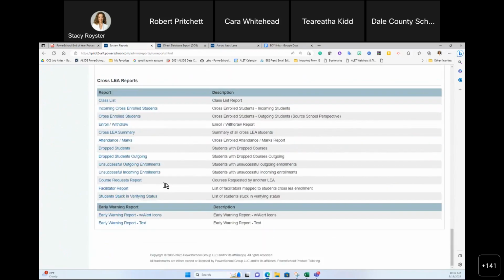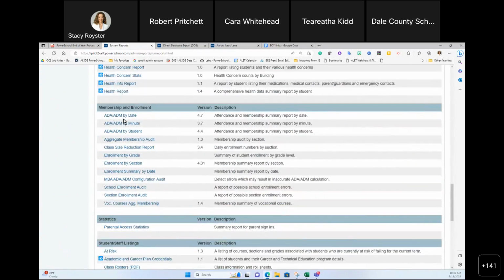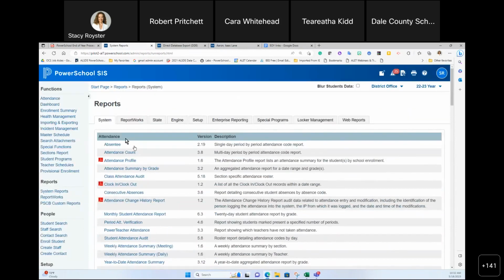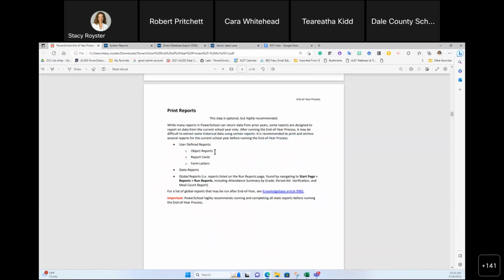A lot of people run these ADA and ADM reports. All of these on section reports, if you wanted to get attendance profiles, even though some of these can be run for past years, you would want to go through and run whatever reports you typically use. Object reports, I'm going to highly recommend that after you give all of their kiddos their report cards